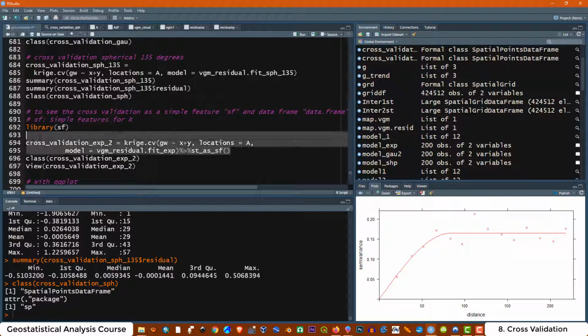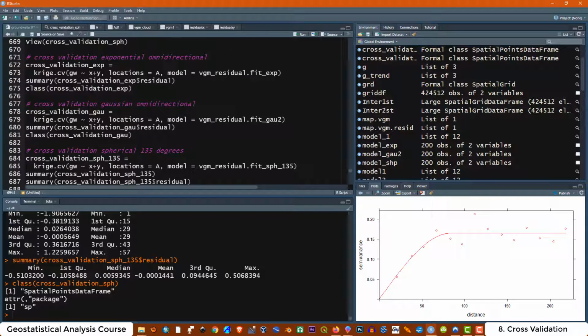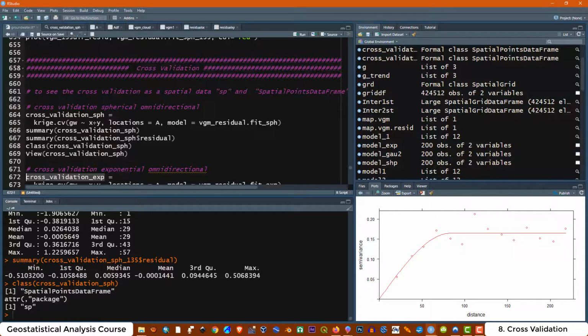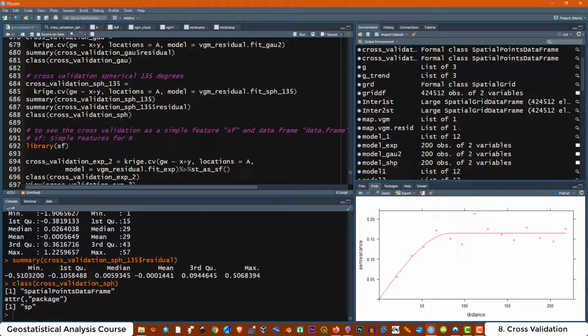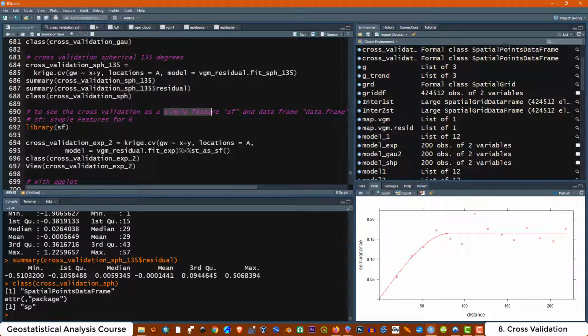You have to assume that this one and this one are the same, but what we change now is the kind of object, right? This one was spatial data, and now we are going to create a simple feature as a data frame. Then I'm going to run this library,